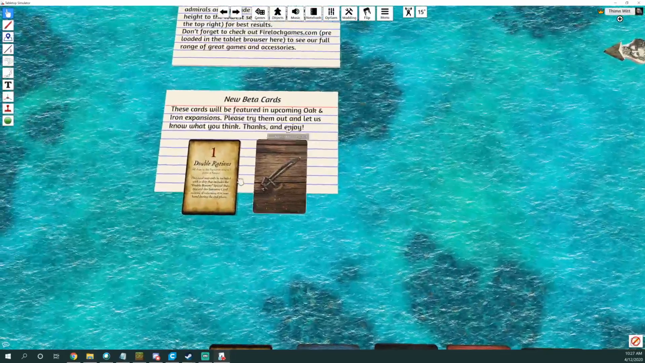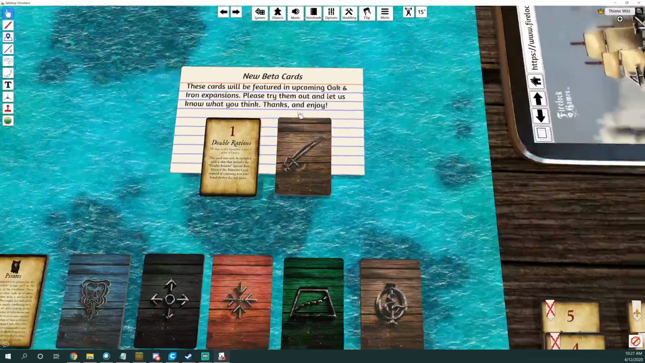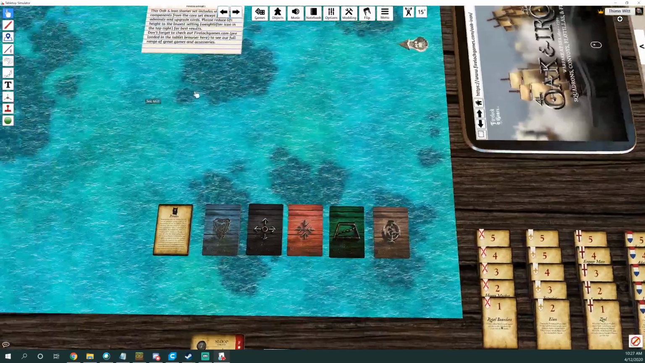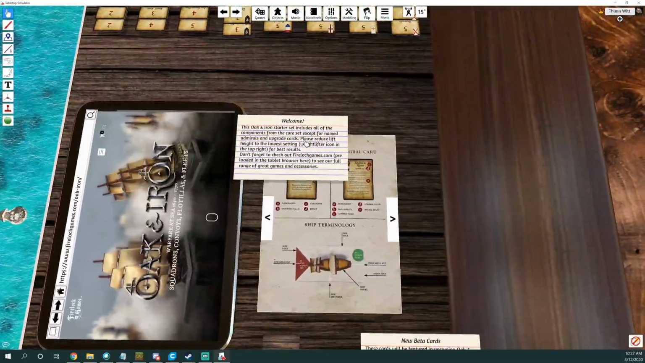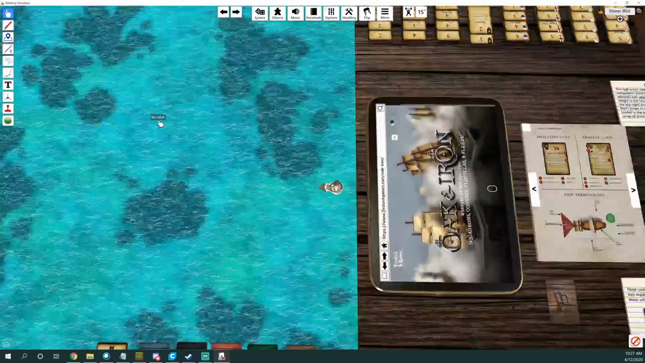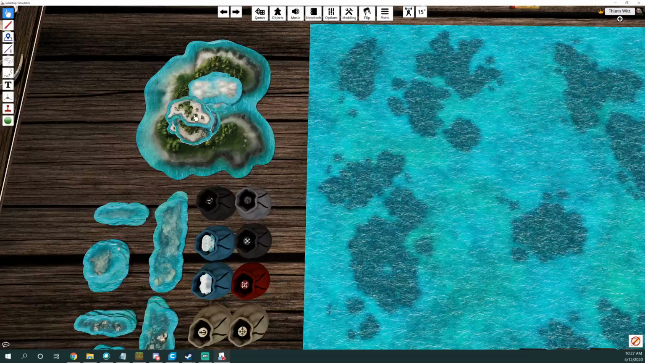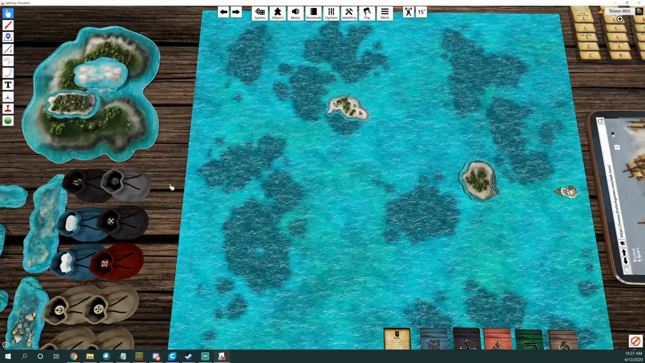We've got some new beta cards here. I'm just going to set these off to the side for right now because I think that's a little bit beyond what we're trying to do. Just throw that card off to the side. And what you can do is you can set up the table. Just grab some pieces, throw it around,